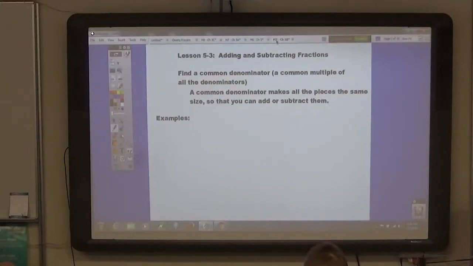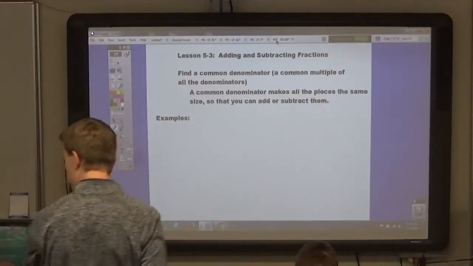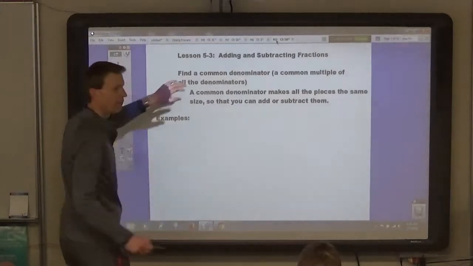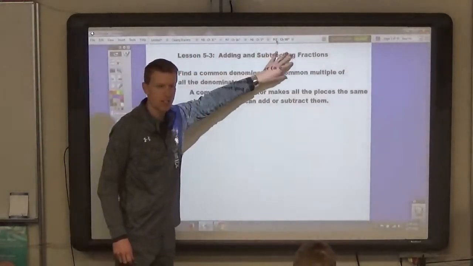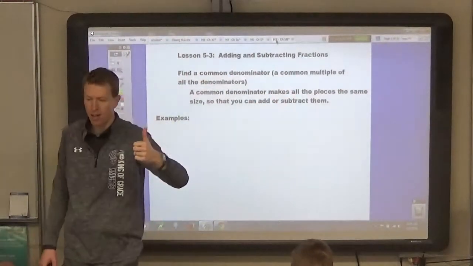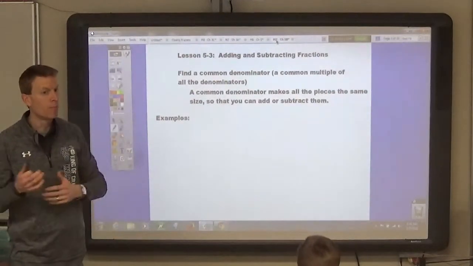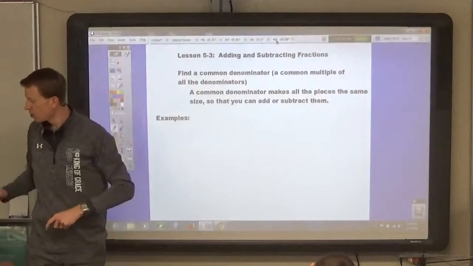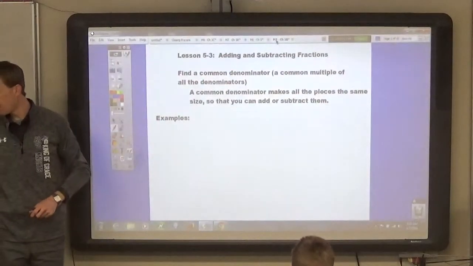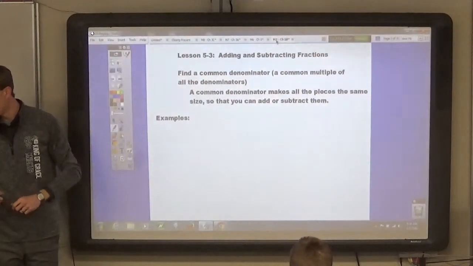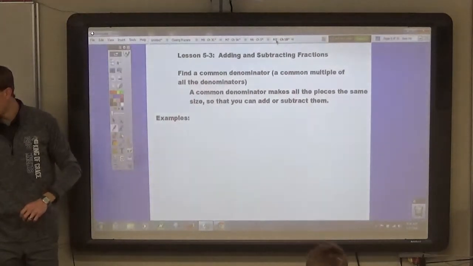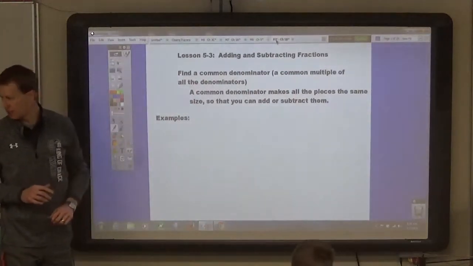7th graders. Okay, listen up. In lesson 5.3, we're reviewing adding and subtracting fractions, but we might be adding positive and negative numbers. We're adding more mixed numbers and things like that. Let's go through some examples. Some of these will have variables even. Okay? So, for example, number 2 in your assignment,